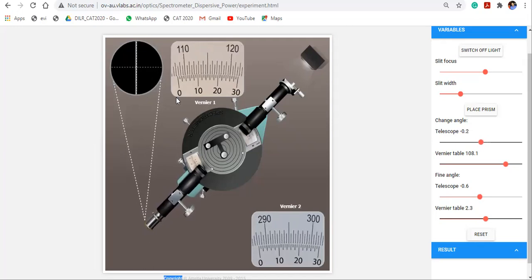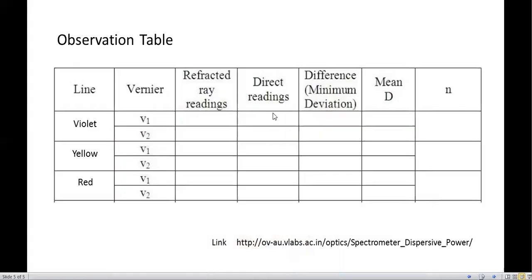Now note down V1 and V2 and write it in this column. The difference between the direct reading and deviated reading gives you the angle of minimum deviation.